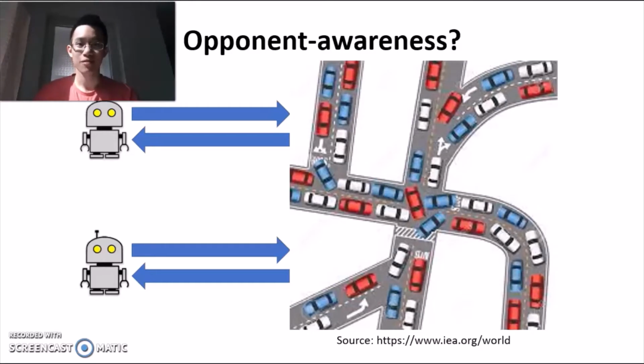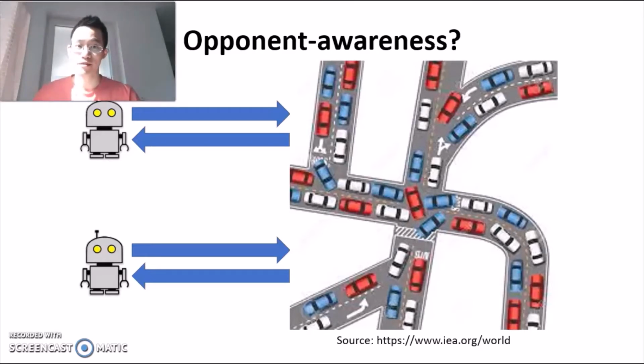So this is an example of a suboptimal global state in a multi-agent system. In this case, autonomous driving, and the shared resource is the street, and the suboptimal state is a traffic jam. This can occur when every agent tries to optimize its own reward, for example by reaching the destination as fast as possible.